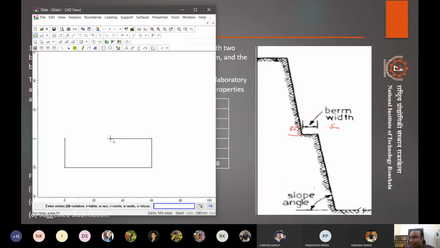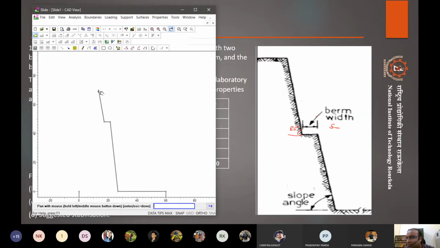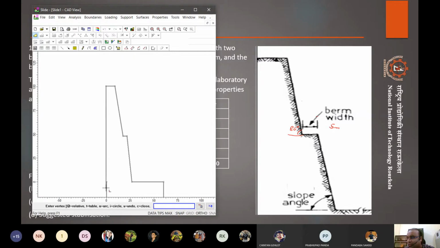So that's the base. And next, I will be becoming more rough and just create two benches, 50 meters each approximately, and giving a small berm and making it around 100, and putting it somewhere, and let's just close it here.